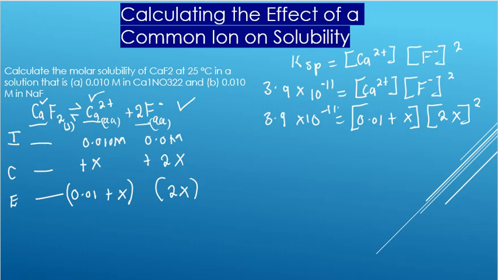We don't consider this x. Why? Because this is a very small number. Okay, so we don't usually consider the x in this particular case. We leave it just like that. So we're going to remain with 3.9 multiplied by 10 to the power negative 11. That is going to equal to,